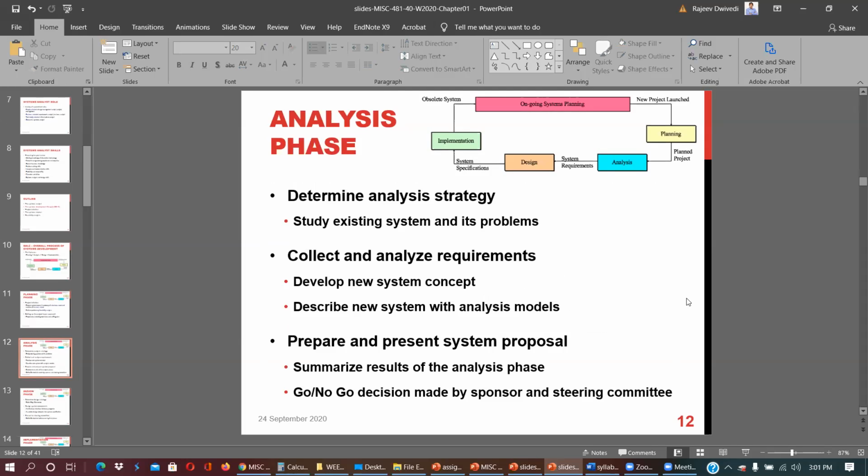How do we study? First, you study the existing system and what are the problems observed in the existing systems, and how the new system will solve these problems. Then collect and analyze the requirements, develop new system concepts, describe the new system with analysis models, prepare and present the system proposal,